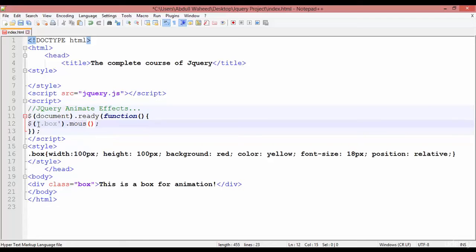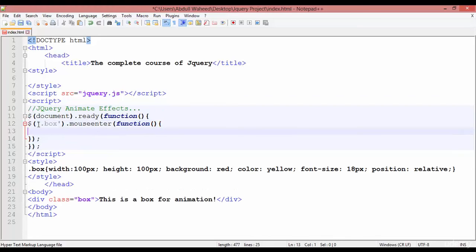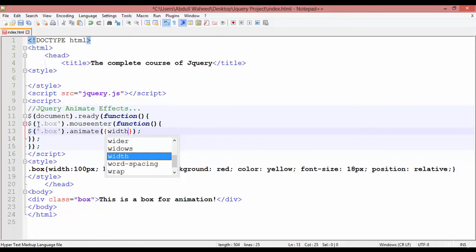On mouse enter, the function with the round bracket and curly braces should run here. Again $ sign, round bracket, full stop, again round bracket, and semicolon. Again you are going to select .box. This box should animate, and insert curly braces here. The width of this box should be something like 900 pixel. PX, Control S,